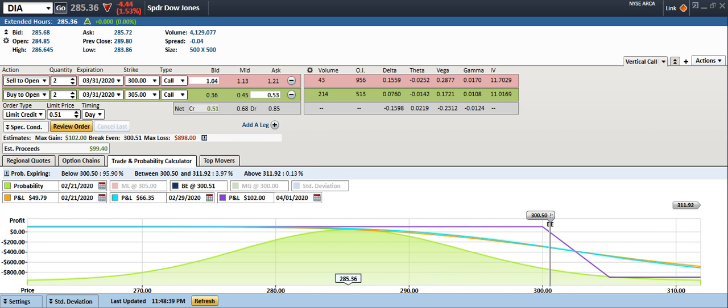We can see here in the bottom part of the chart the expected probability of success on this trade is about 95%, 96%, if you close the trade around February 21st, call it. And again, the reason you always want to make sure that you're minimizing risk and properly allocating capital is because, while there's a high probability of success with a trade like this, in order for this to lose money, your break even, the Dow would have to be above 30,000